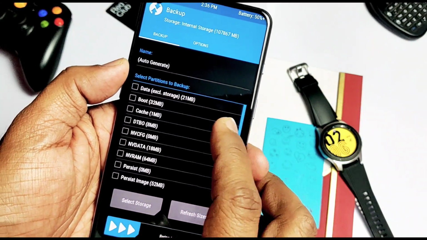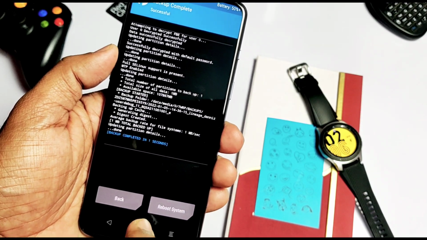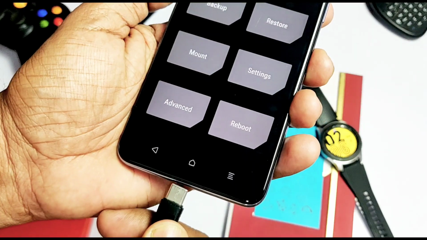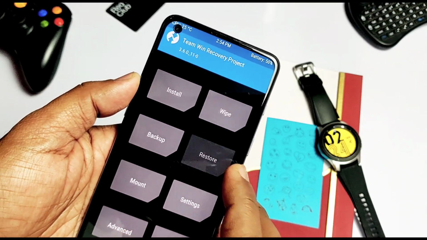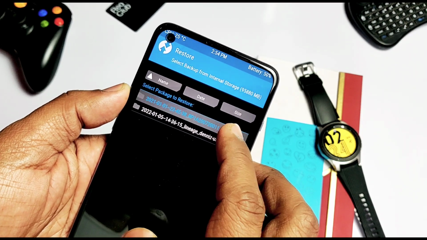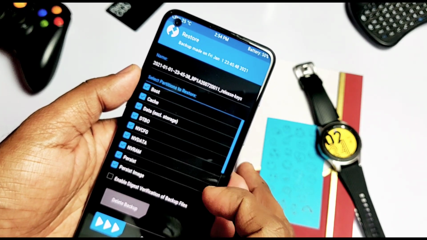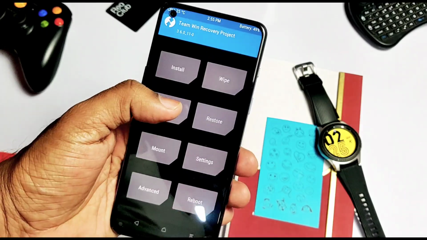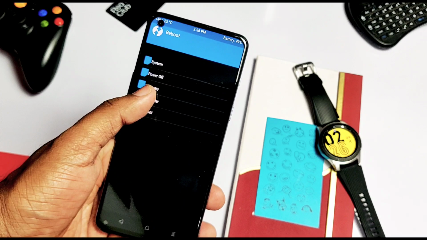Now in TWRP, to create the TWRP backup folder, we need to take a backup of any small file using the backup option. Now connect the phone to the PC and transfer the old Oxygen OS backup file inside the folder named TWRP backup, and it's done. Now tap restore and you will see our current small backup file of LineageOS along with the new backup transferred from the PC to the phone. Select our old full Oxygen OS backup folder and slide to restore. After the restore completes, tap wipe and format the data, then tap reboot and select the bootloader.